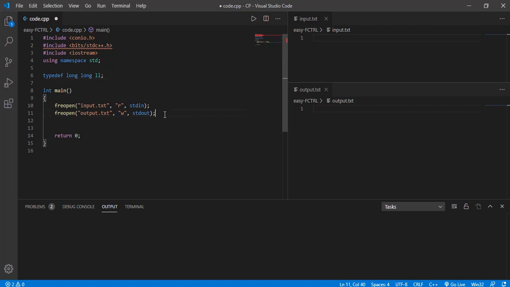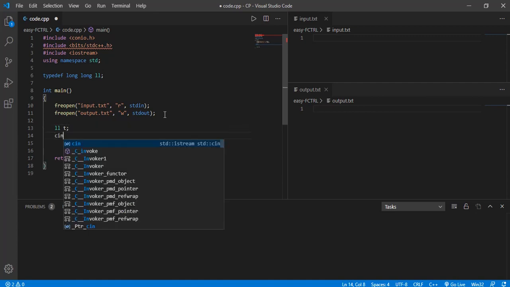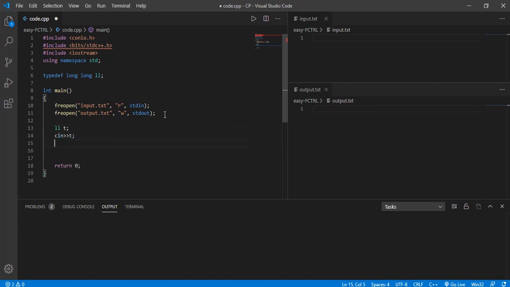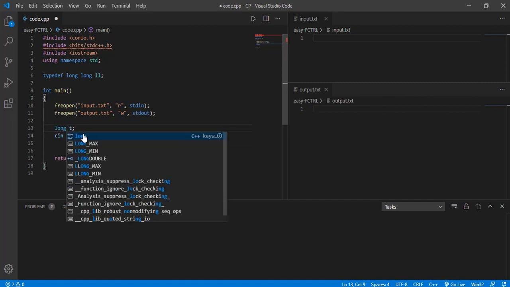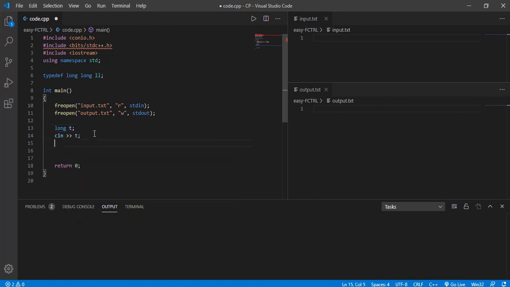So the first thing was test cases. Let's just see in t. Although the range of long is much higher than what it has been given to us for t, it's like 10 to the power 5, and long can go up to 10 to the power 9, more or less. That is how I remember it. But still, for the sake of uniformity, I'll use it. It doesn't matter, you can actually put long also. Then we have taken in t.